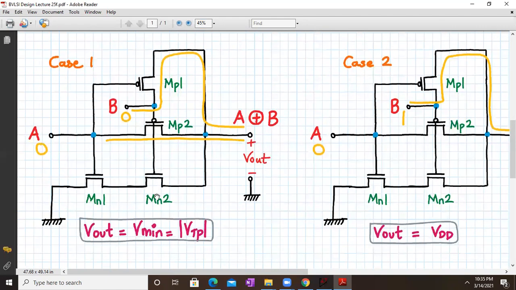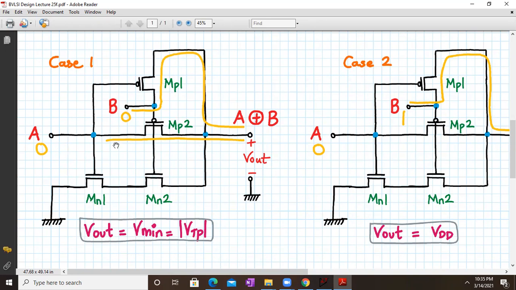And MN2, well, if B is 0, MN2 will be off and MP2 will be on. So basically we are saying that when A and B is 0 0, both MN1 and MN2 are off, and in the circuit we only have MP1 and MP2.